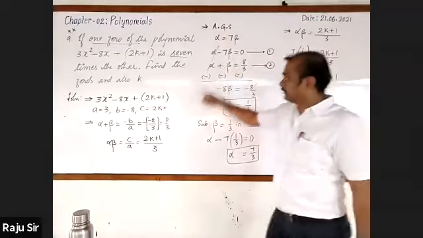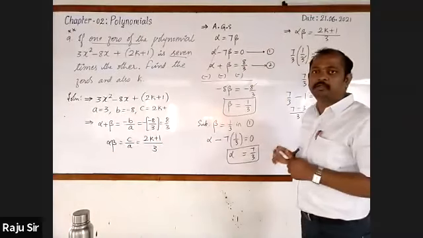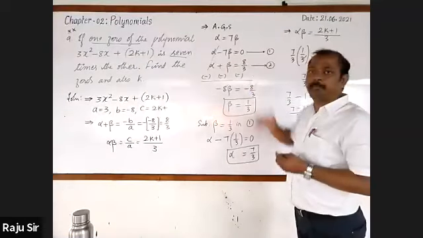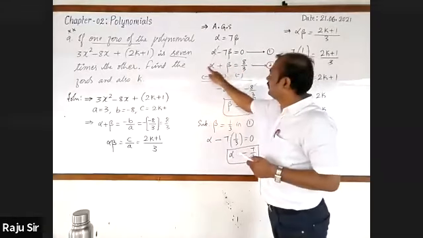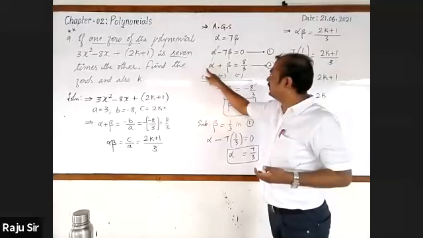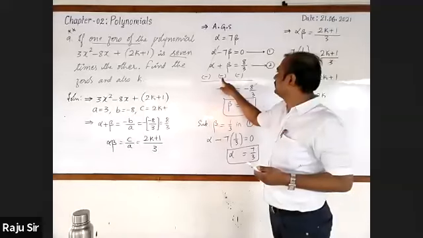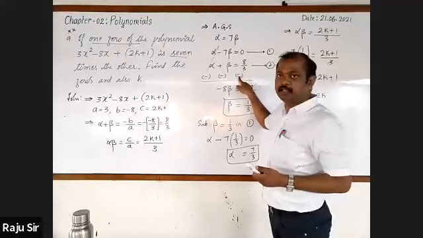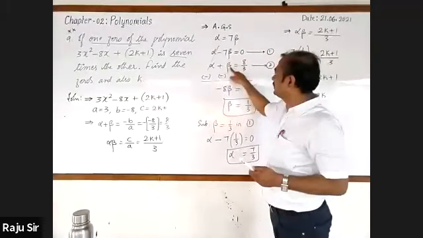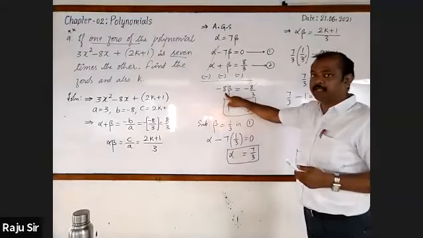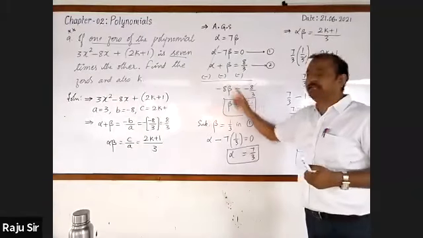Then we know that alpha plus beta is 8 by 3. We have written that. We want the value of either alpha or beta. To get any one of these two, one should be cancelled. Here alpha plus alpha cannot be cancelled. Hence I have changed the sign. Here plus alpha is there, it is minus. Plus beta is there, it is minus beta. Then plus 8 by 3 is there, it is minus 8 by 3. Plus alpha minus alpha get cancelled. Then minus 7 beta minus 1 beta, it is minus 8 beta. That is equal to minus 8 by 3. Here minus get cancelled and 8 and 8 get cancelled.